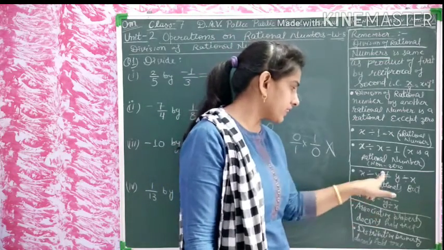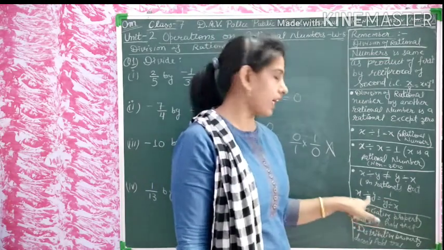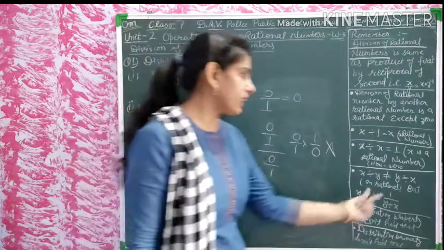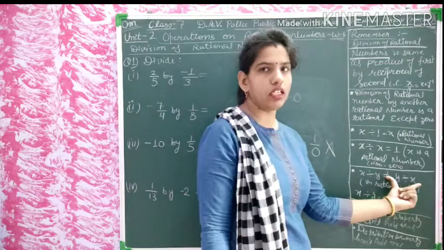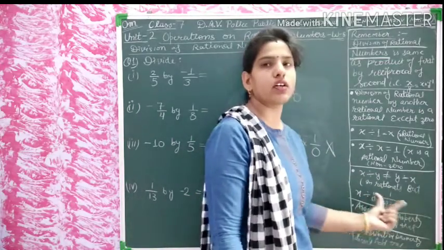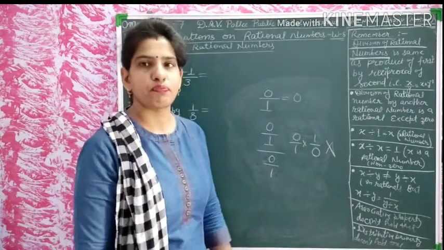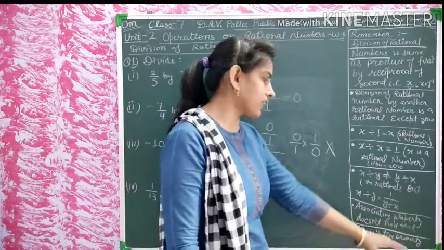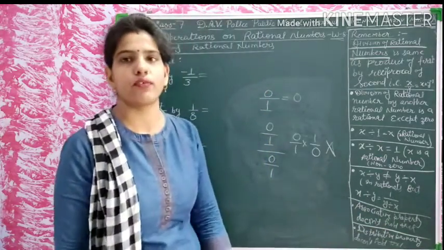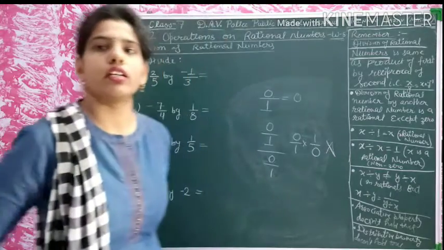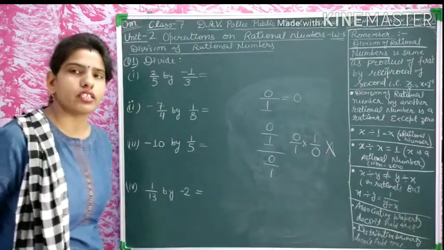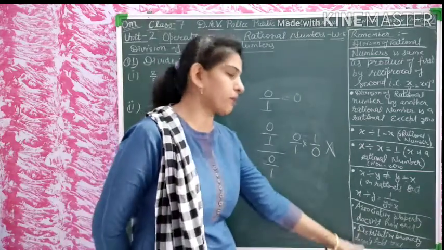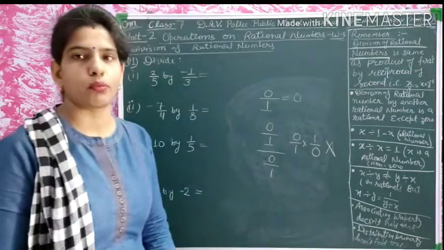Now, x divided by y is always equal to x multiplied by the reciprocal of y. If this reciprocal is possible, then this is always equal to this. Is this clear, students? Now we come to the associative and distributive properties. Both are not satisfied, and we have verified this in the worksheet. The questions in the worksheet relate to the associative and distributive properties.